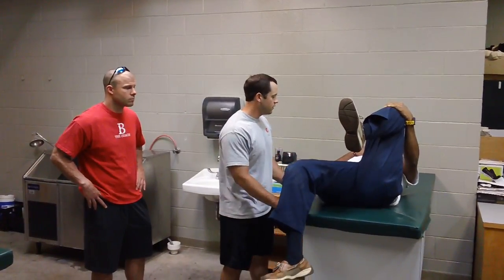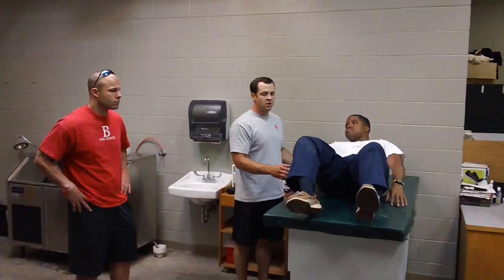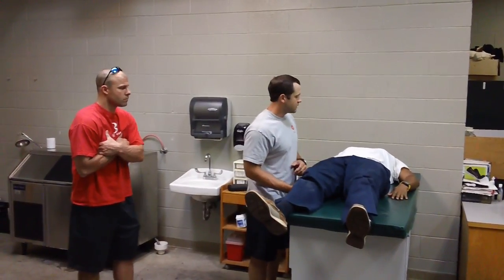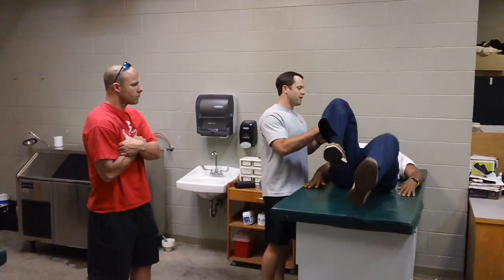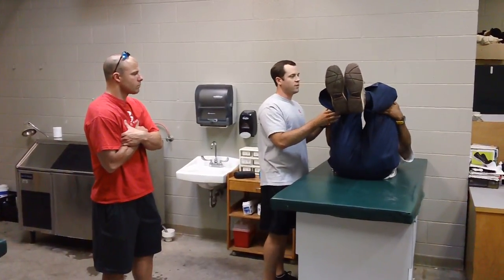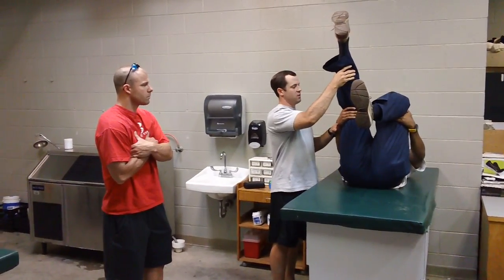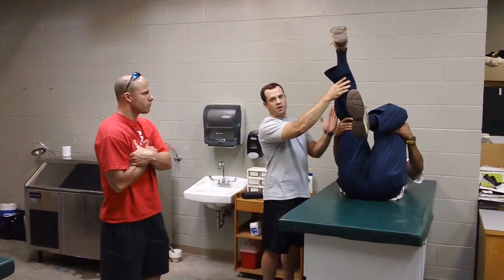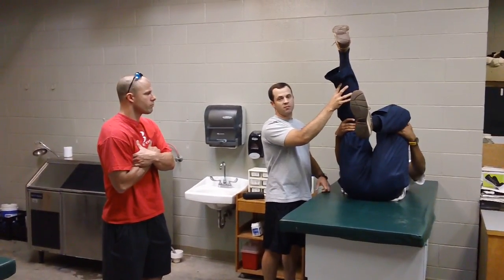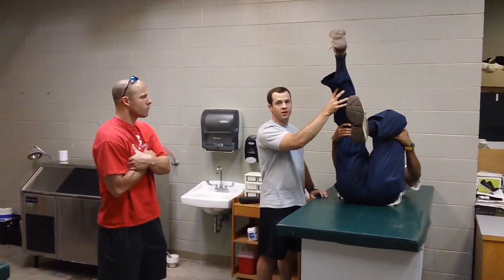All right, gentlemen, the next test we're going to do is just slide back a little further on the table. We're just going to test his hamstring flexibility here. So to test that, I'm going to have him bring both knees up about 90 degrees. Grab back behind the knees here, gentlemen. All right. And then the test for the right leg, we'll have him extend his leg up. And we're looking at the angle of the hip here. Okay, if this leg was not able to extend almost straight, or less than a 20-degree bend, then he's probably